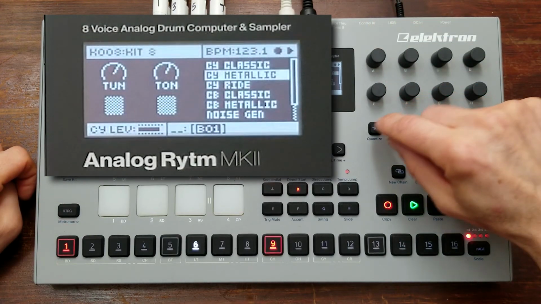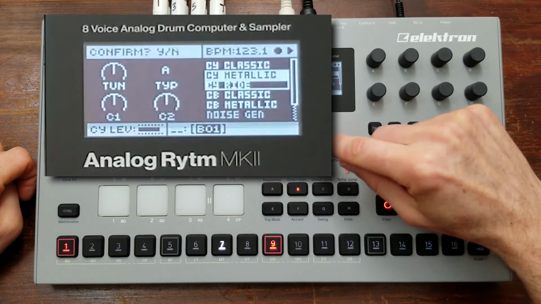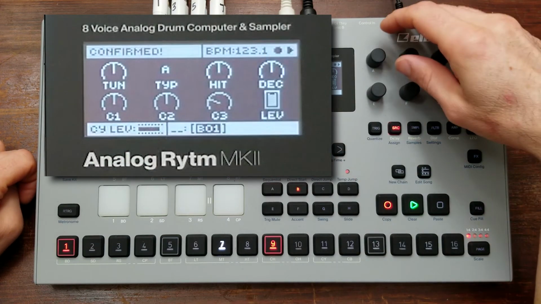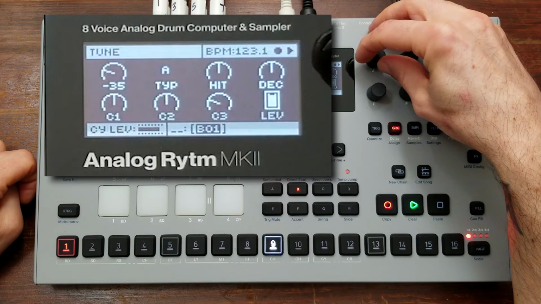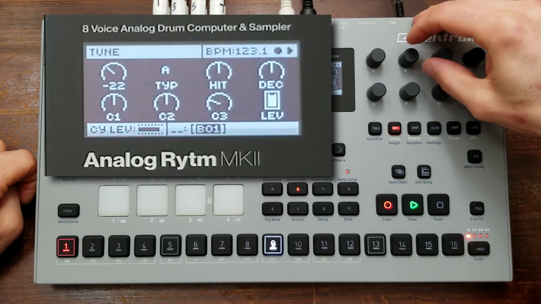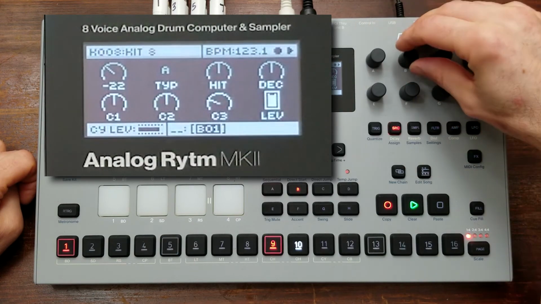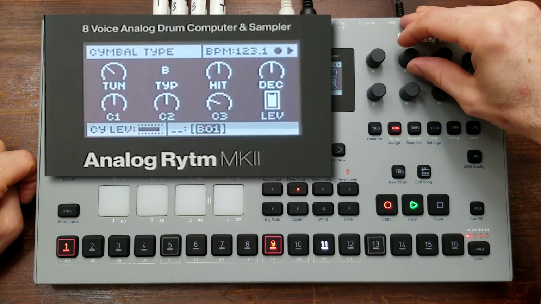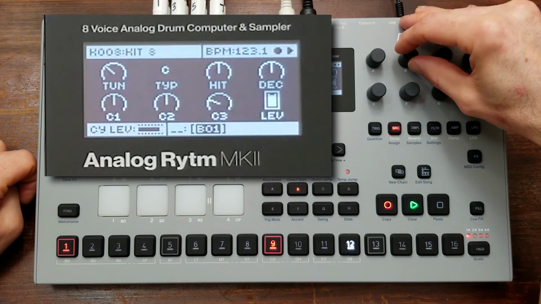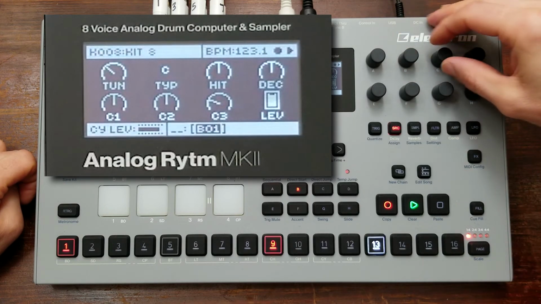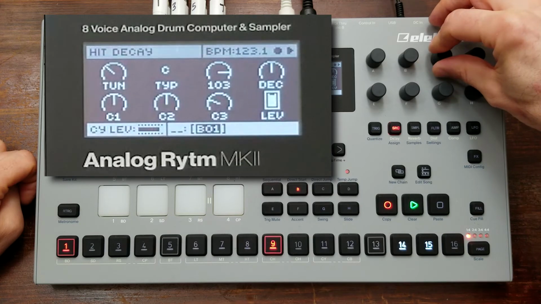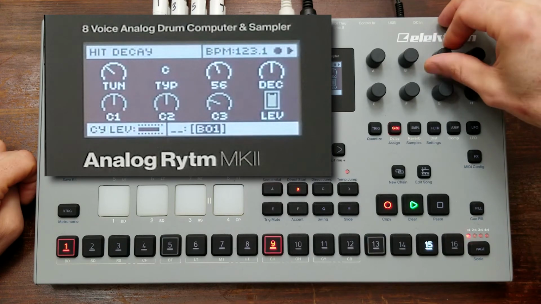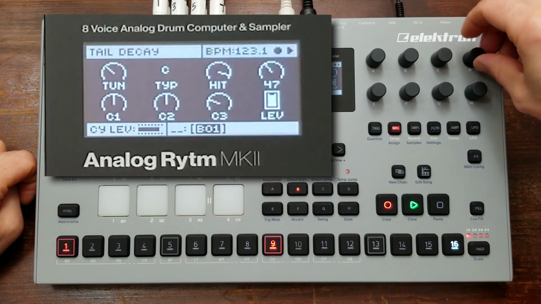All right, let's go to ride cymbal. Type, so you get tune, type, you get the hit decay, overall decay,